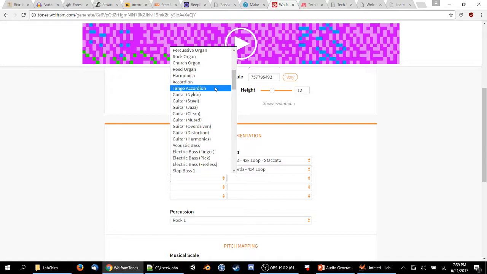These are not in alphabetical order. Tango accordion, guitar, nylon, steel, jazz, clean, muted, overdriven, distortion, harmonics, and acoustic bass.